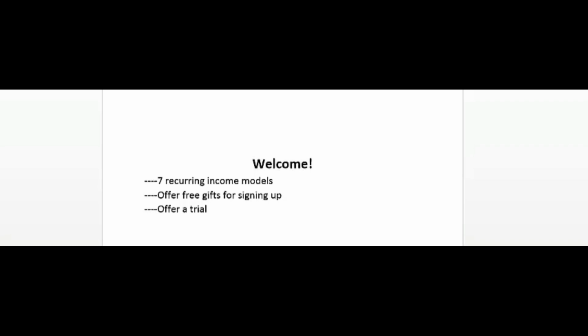Another method you could use to sign people up to your paid membership, or whatever type of recurring income model you have, is to offer a trial. It could be a free trial for 7 days. It could be a $7 trial, and then after a week they'll get charged $30 a month. But basically, try to offer some type of trial. You could try to get ideas from other membership sites or other recurring income models. With that said, I look forward to teaching you and showing you recurring income models in the following 7 videos.